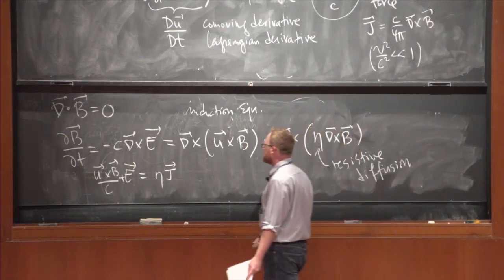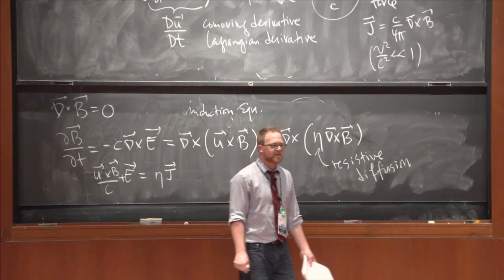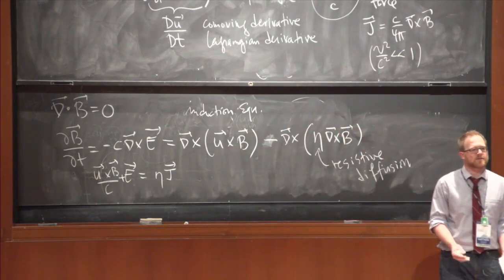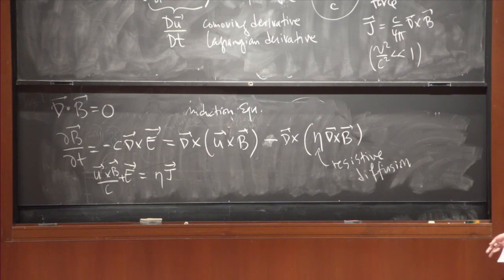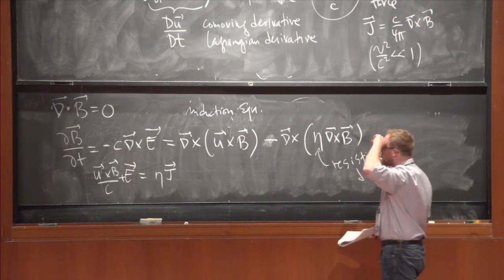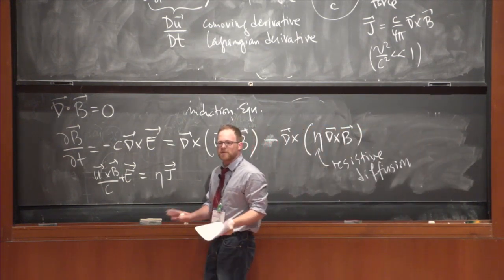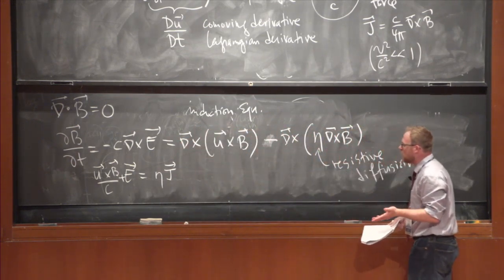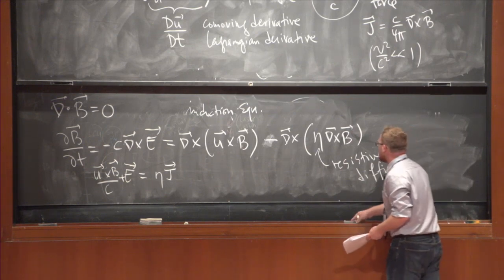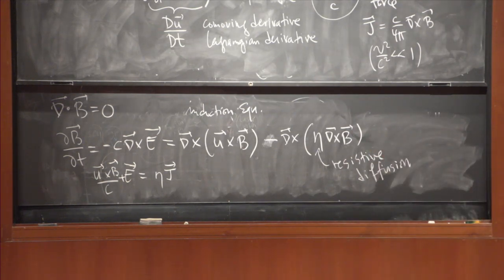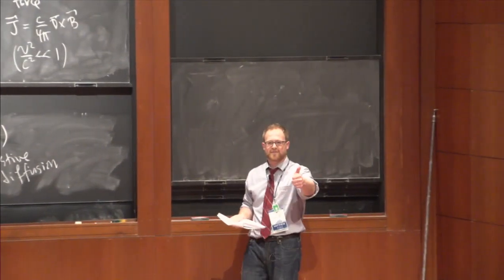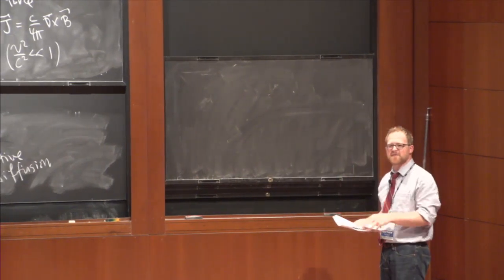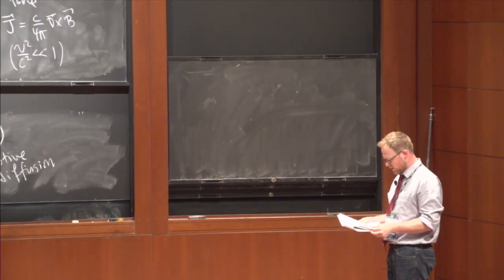And now, you may be wondering, what exactly is this U? What species velocity is this? Is this some special velocity, or is this just the velocity of a fluid element? We'll come back to that when we talk about multi-fluid MHD. But in MHD, it's just the velocity. It's the only velocity in the problem. So that's where this comes from. It's just Ohm's law in the frame of the flow. And so I'm just going to give a few comments about what this implies. Everyone good? I understand a lot of you have seen this kind of stuff, but bear with me.